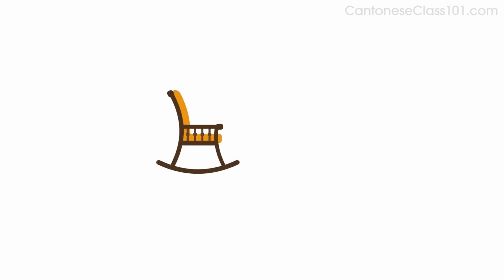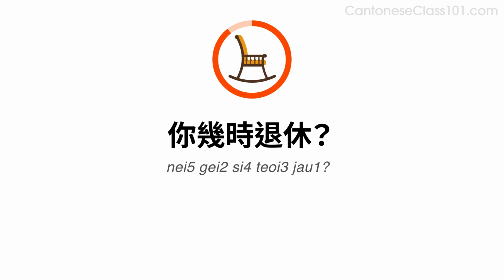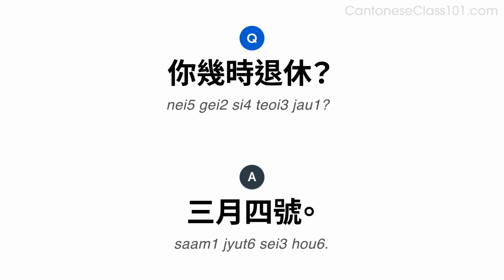Now imagine your retirement is coming up. Do you remember how to say your retirement? 退休， Say, when is your retirement? 你幾時退休？ Now ask and answer the question saying your retirement is on March 4th. 你幾時退休？ 3月4號，